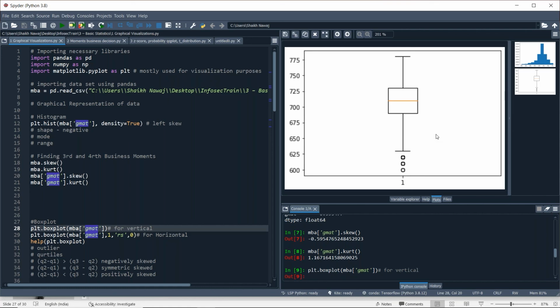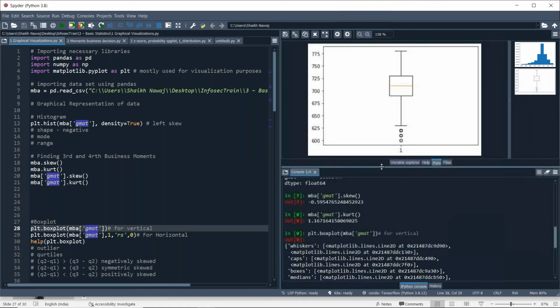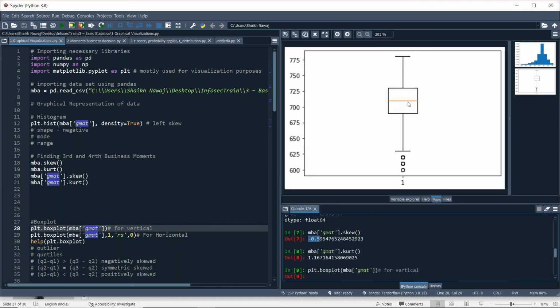But here the skewness is minus 0.5, so we don't see a small difference between Q3 and Q2, or between Q2 and Q1.